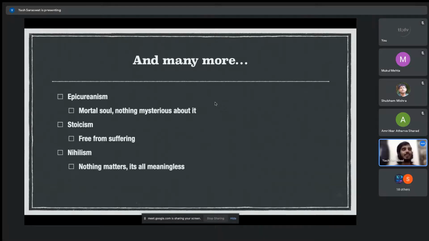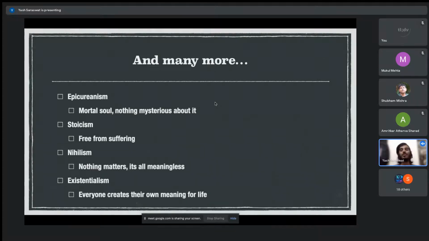Nihilism is pretty interesting. It came up in the Enlightenment era, not really the ancient Greek philosophy. So nothing matters. It's all meaningless. The point you come to, you sit on a balcony and you ask, what is the meaning of life? It shouldn't matter to you. One of the quotes is, when you start thinking about the meaning of life, you stop living life, and that is pretty good. But then that doesn't fit with me. I really need to know what the mechanics of all of it is. And nihilism is very popular again.